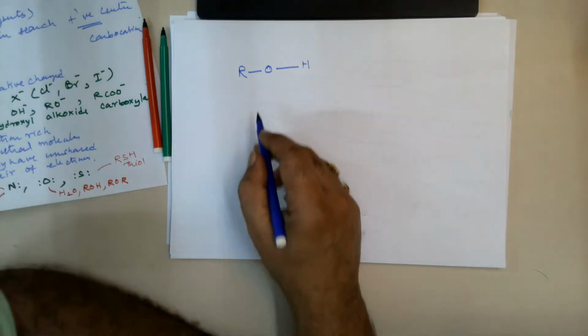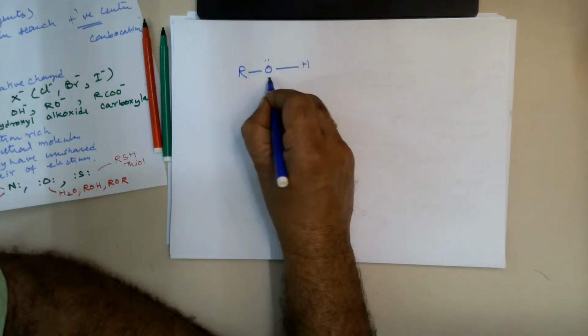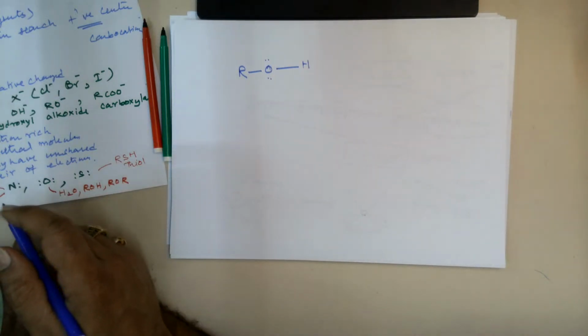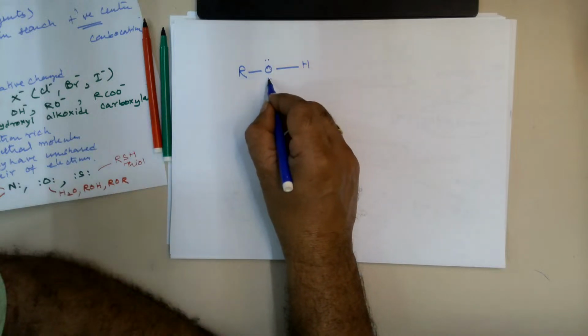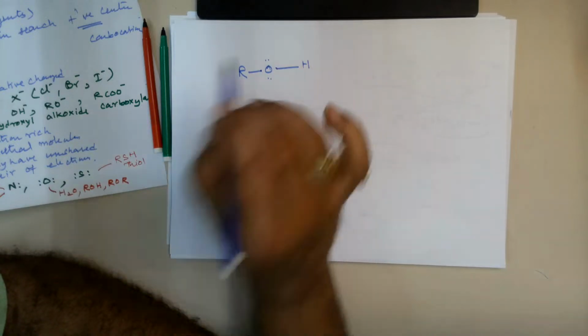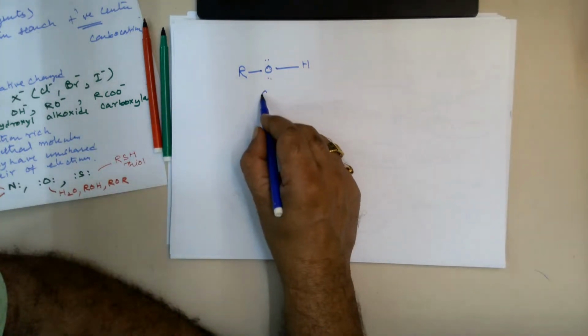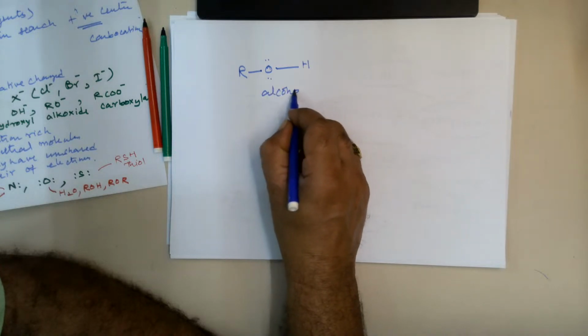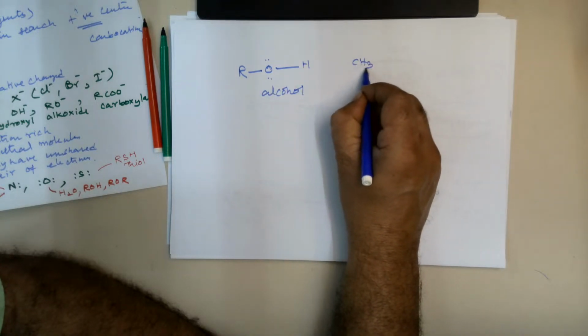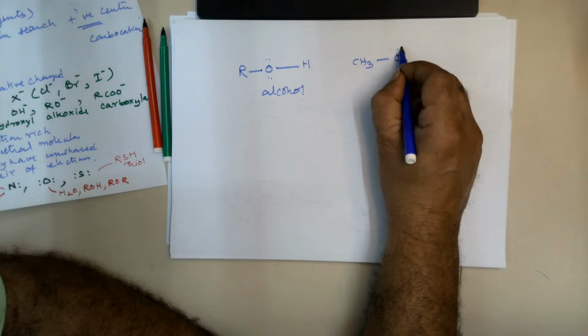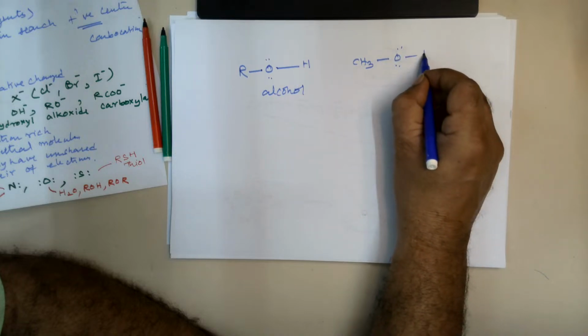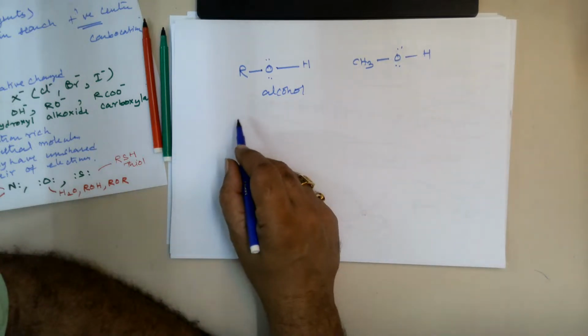How to draw the structure? You've got already two pairs. For oxygen, it is 6, 2, 4, and here 5, 6. That's all. Okay, so this is alcohol. It can be expanded like this: CH3 alkyl group, O, and then H. Okay. Then what about